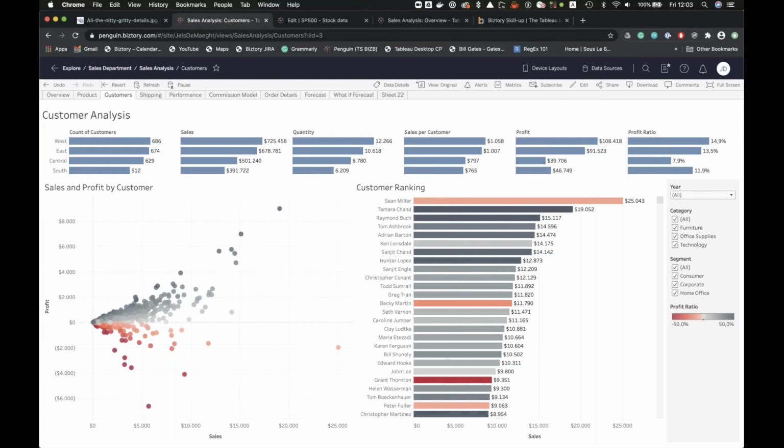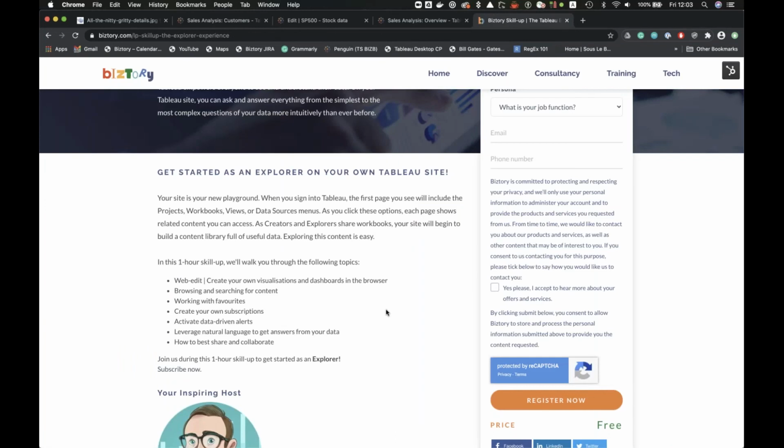So I think I've covered everything. If I go over the list once more, creating own visualizations. In the beginning, you will be using Show Me, and that's very helpful to see where Tableau expects all the individual parts. Browsing and searching for content with the home page, with the recents, with the favorites. So on the left, you have all those identifications. Working with favorites, subscriptions. The data-driven alerts were not working with me today, but it is possible there to select